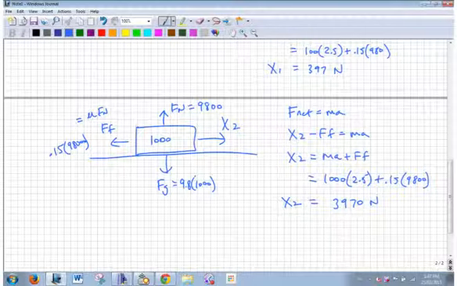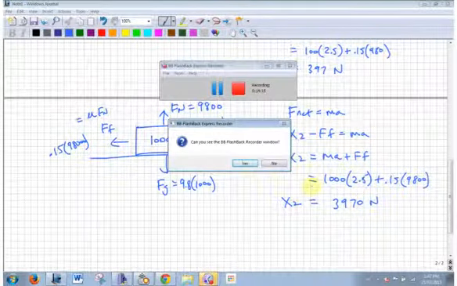Okay? So just simplify it down. You don't need all that junk if you don't need